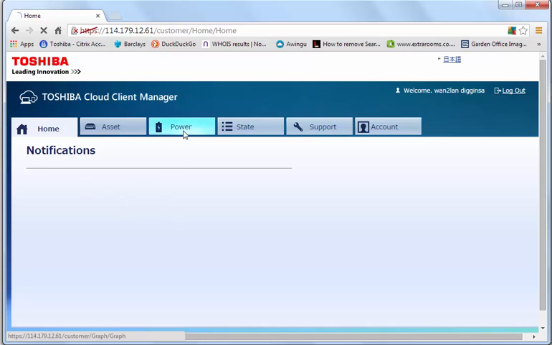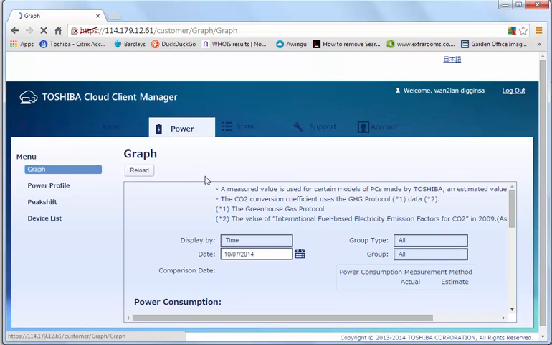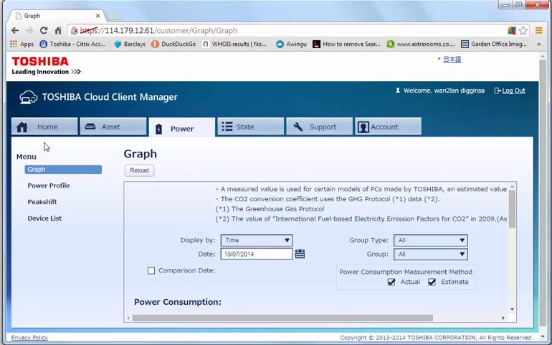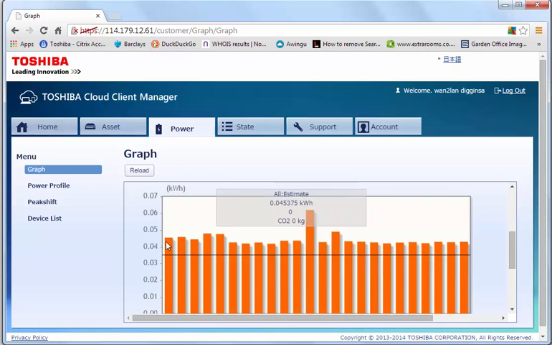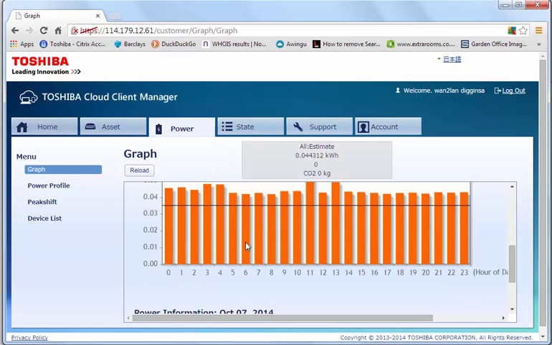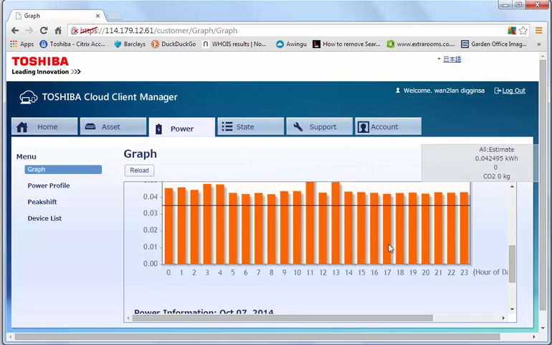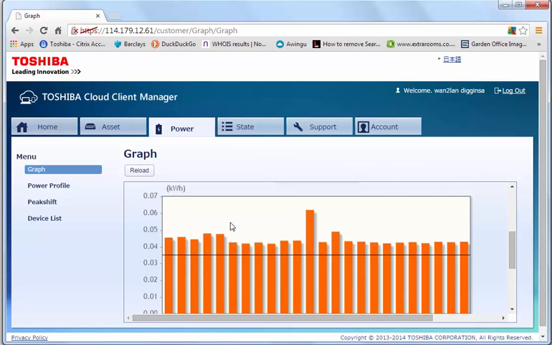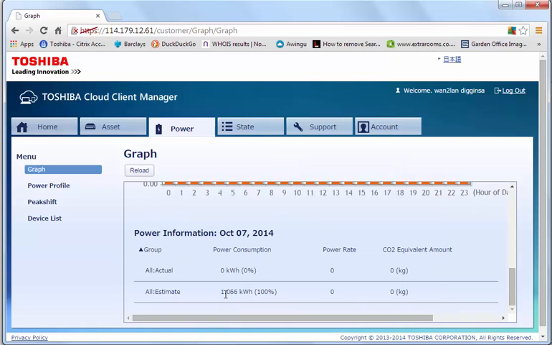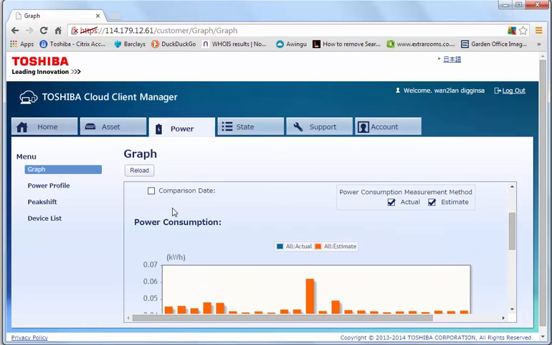If I click onto the power tab within the console, we can see here the power settings. So on the left hand side we have graph, power profile, peak shift and device list. So if I have a look at graph, what it's doing here is showing me the power consumption of all my devices within the last 24 hours that have reported into the console, and gives me a view of how much power is being drawn. I can actually see the information here and get a view of CO2 emissions, for example. If I go on to power profile,